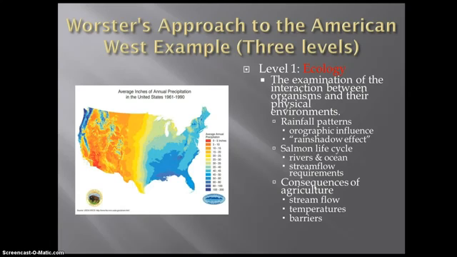Donald Worster believes that in order to be an effective environmental historian, one has to have a pretty good understanding of the ecology of the environment in which one lives. Now, ecology is a big term, and I'm going to simplify it a little bit by just saying that ecology is the study of the relationships between an organism and its natural environment.